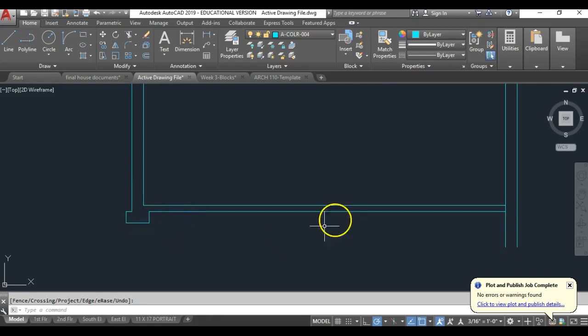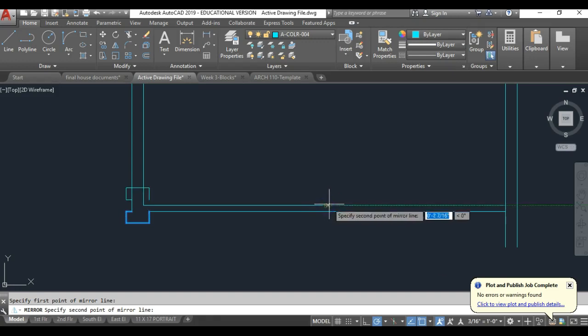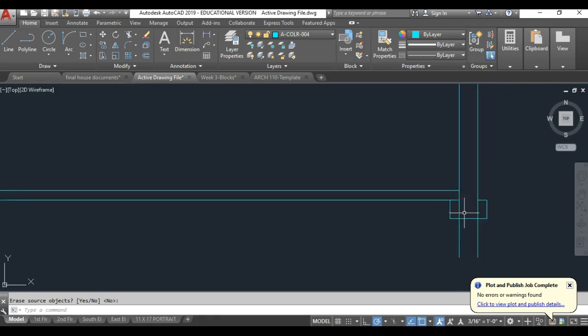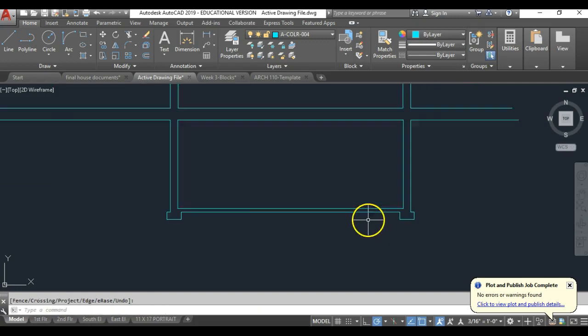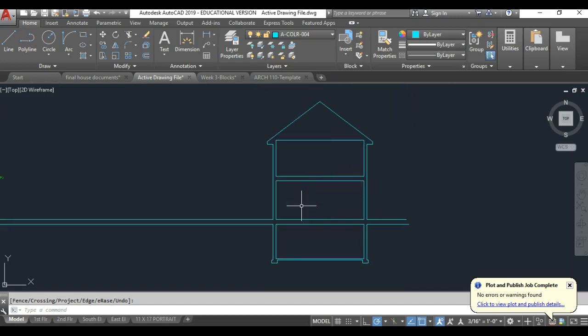Now this setup is just mirrored over here. So I can go to mirror, do a window like that just to select the footing area, hit enter, and go to the midpoint of the top of that to find the center point, and hit enter to end it. And now I can just trim up and fill it just like we did before. So I'm going to type TR, enter, enter, to do the shortcut, trim this all up as needed, and that should all be trimmed away. And again, this is the porch, but I've got all the walls and all the roofs